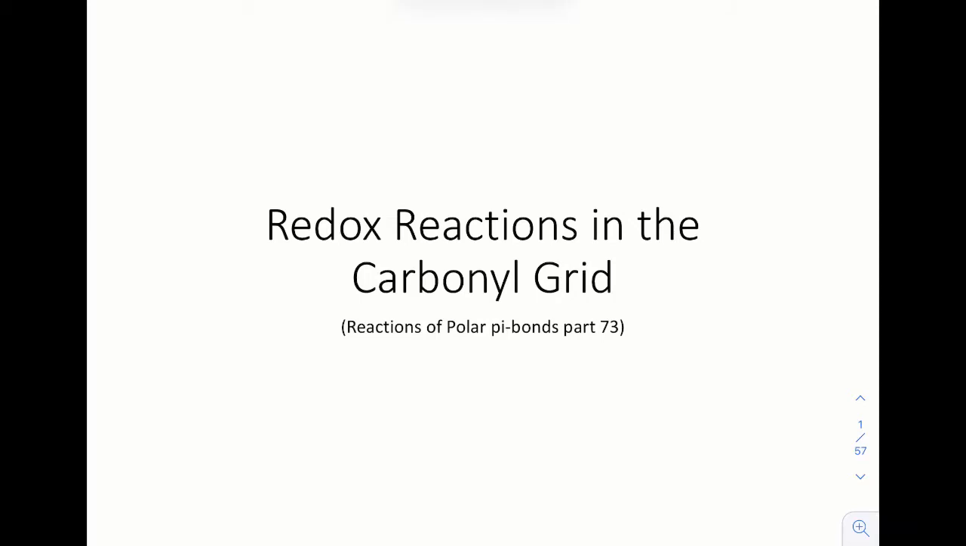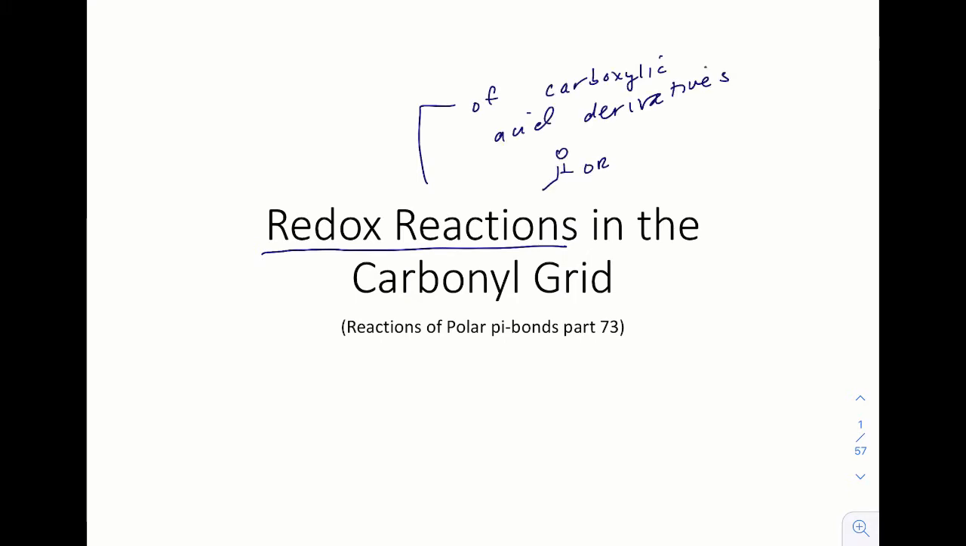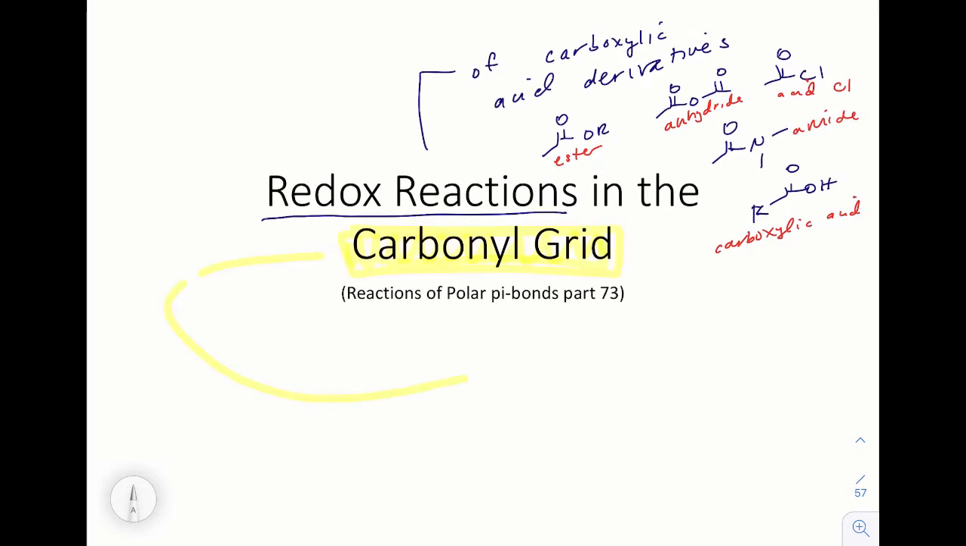In this video, we will learn oxidation and reduction reactions of carboxylic acid derivatives, such as esters, anhydrides, acid chlorides, and amides, not to mention the parent carboxylic acid. We will continue to use the carbonyl grid to organize both what we will learn today and integrate it into our existing knowledge of these functionalities and other carbonyl-containing functional groups such as aldehydes and ketones and their derivatives, alcohols,